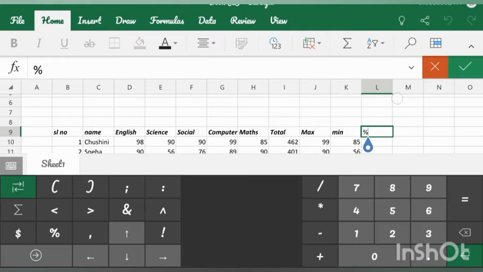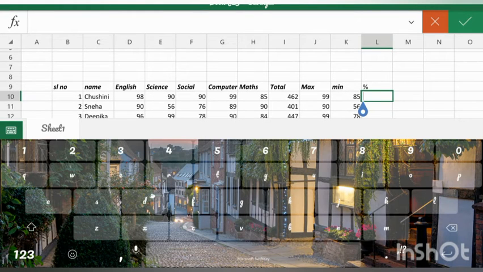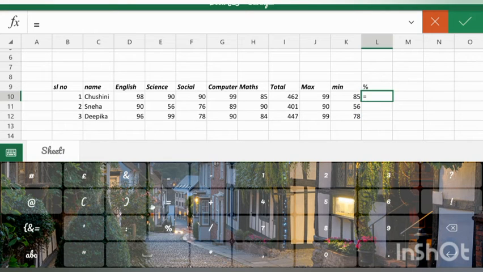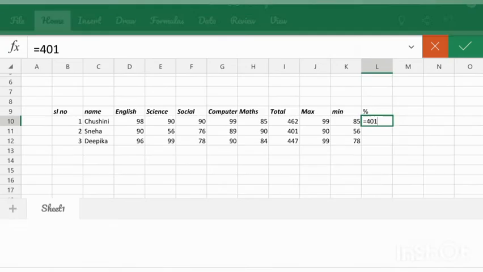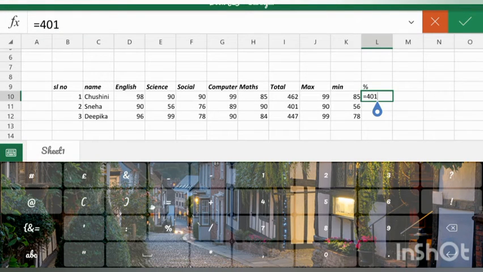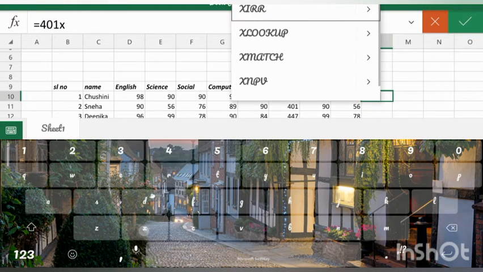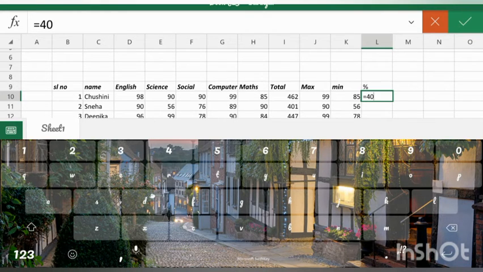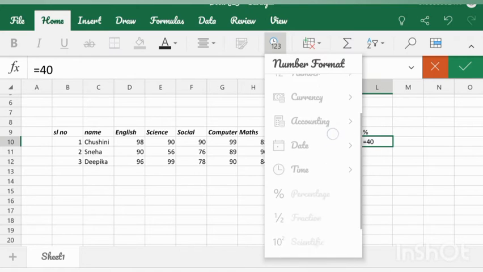Now first we have to do it with the help of equals to, and let me take the total, 462. Then I have to divide it, or I can just go through with the percentage like this.